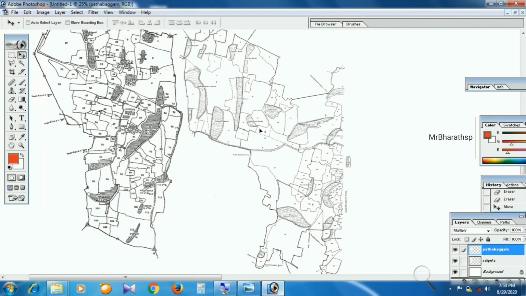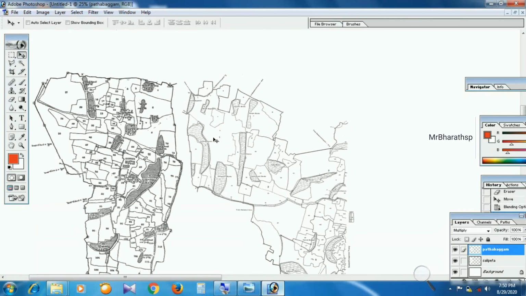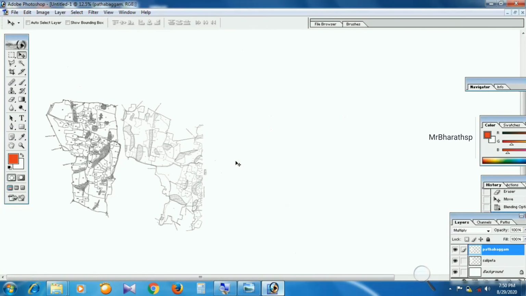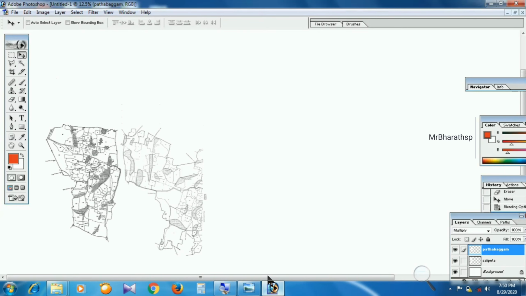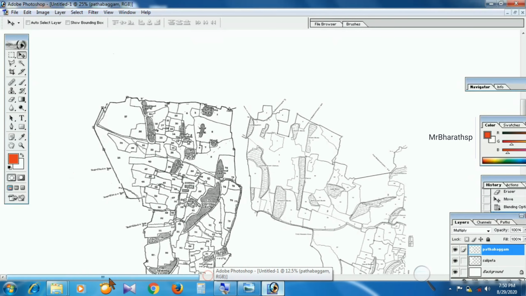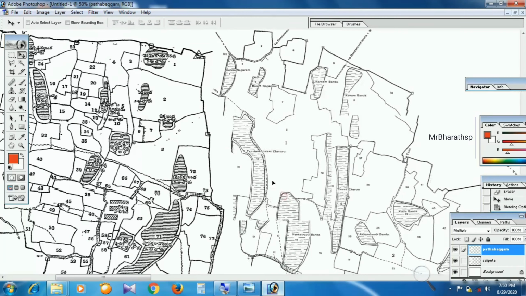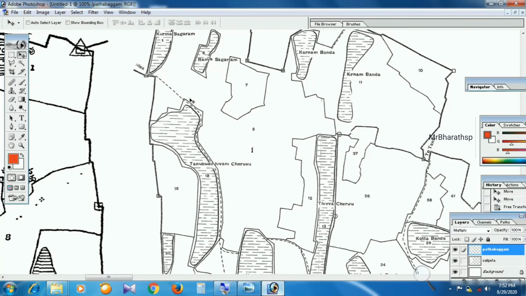Now if you drag the village map, here you can see the village map is not hidden anymore. You can overlap it easily. Now we have to change the size of the map as it seems a little bigger.